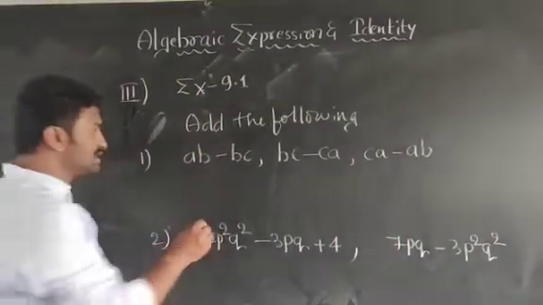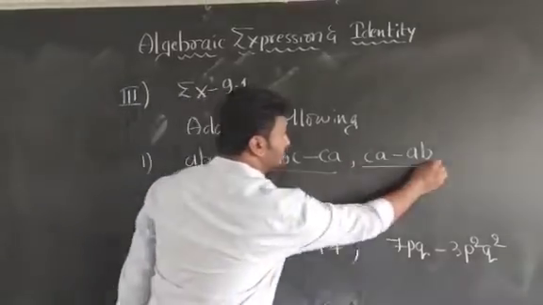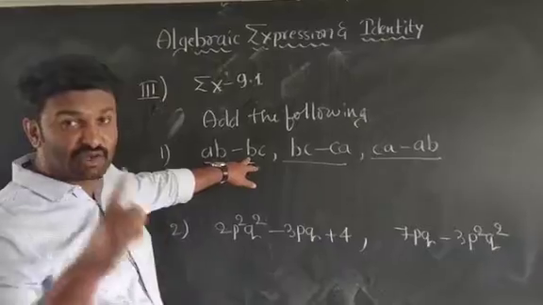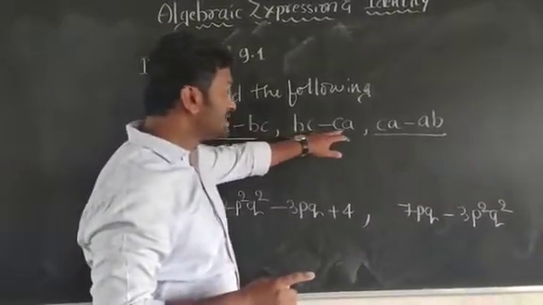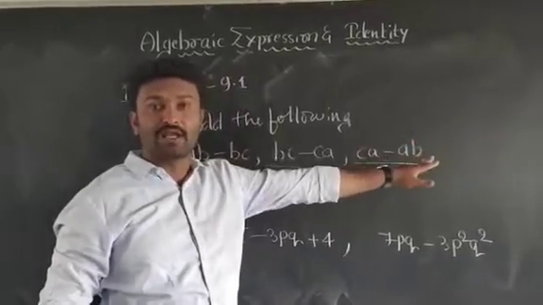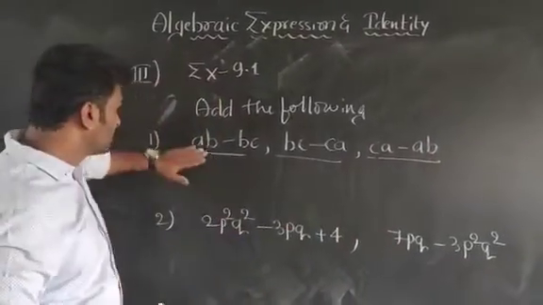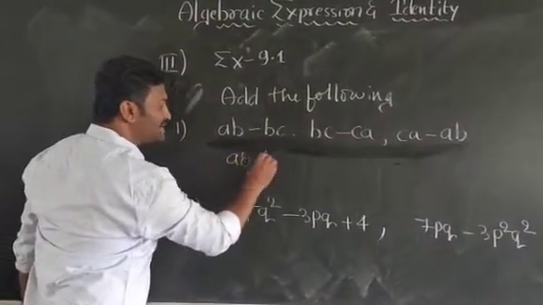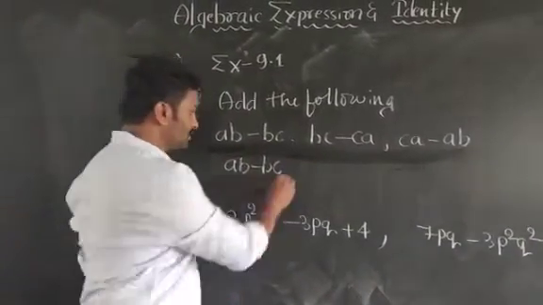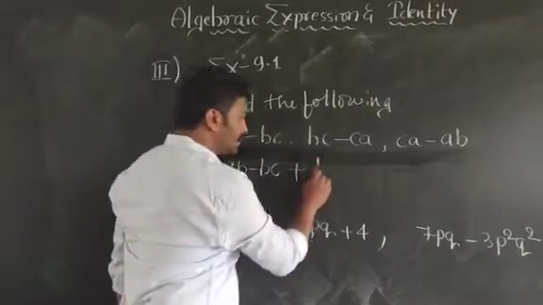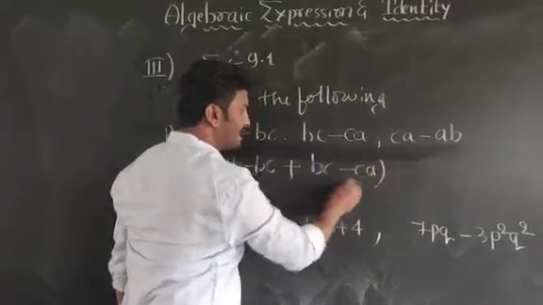They are given three binomials. AB minus BC is one binomial, and BC minus CA is one more binomial. CA minus AB is one more binomial. We have to add now. Okay, AB minus BC plus, okay, BC minus CA,